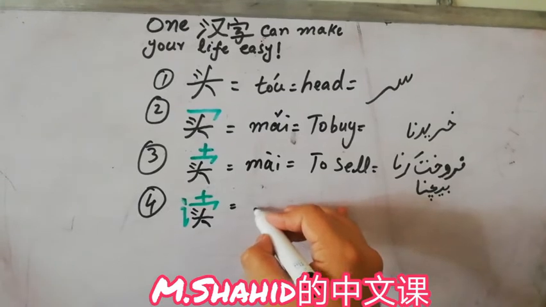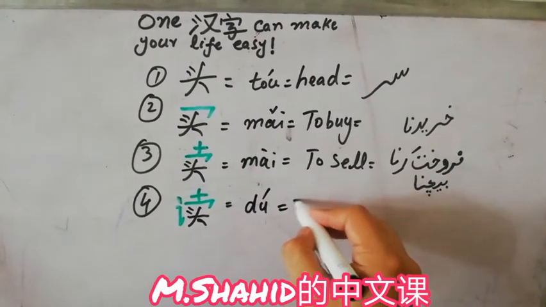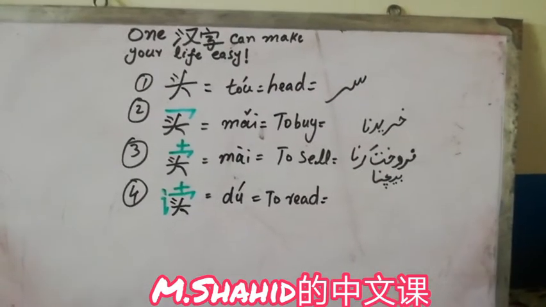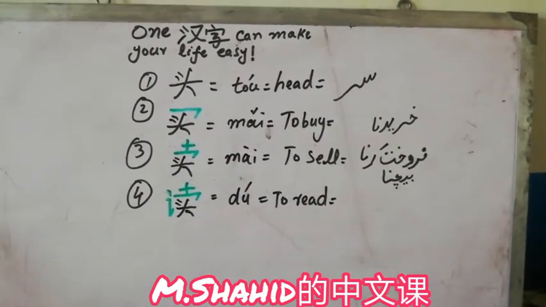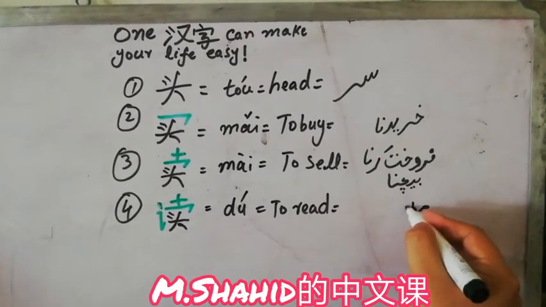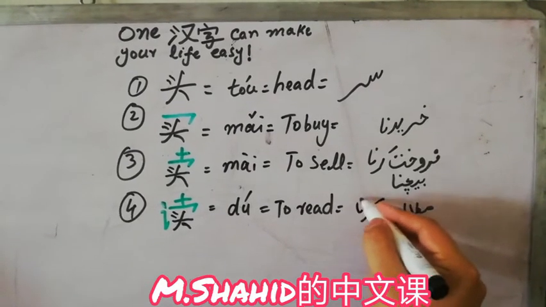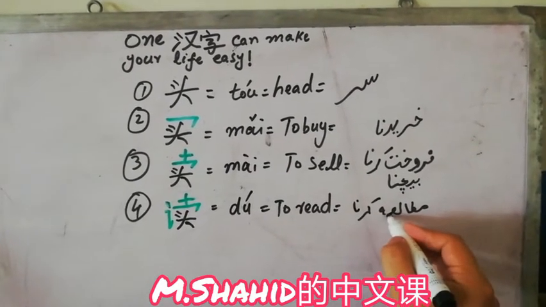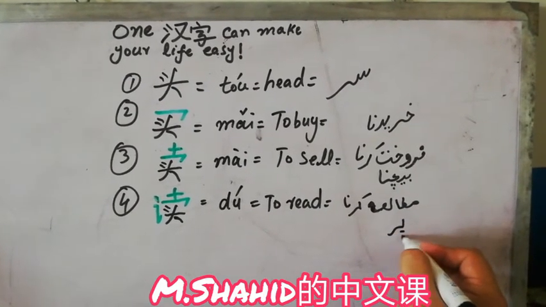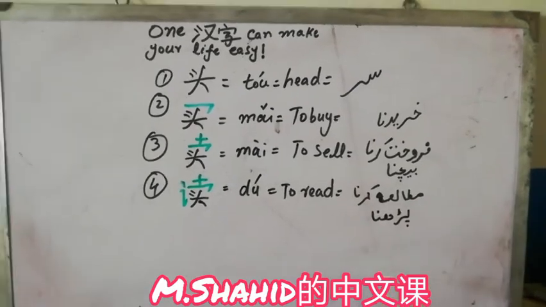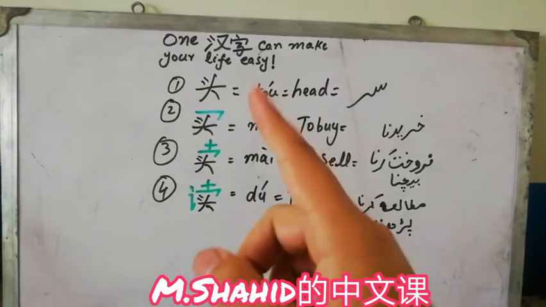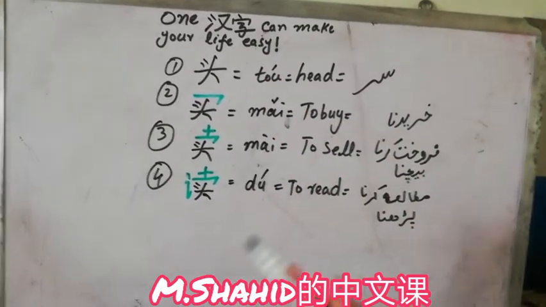And now it becomes du, which means to read. In Urdu, mutali'a karna or parhna. So you saw that we just memorized one character for tou and how we understood all the other